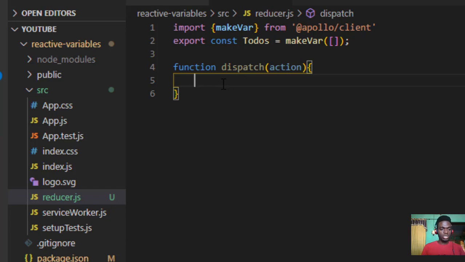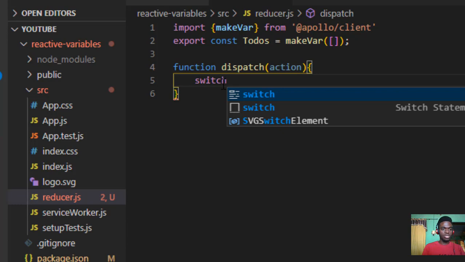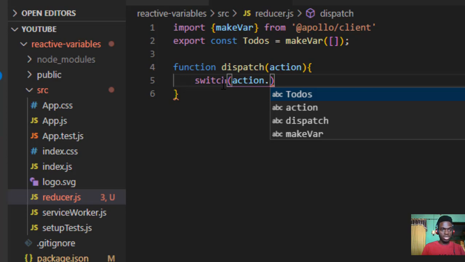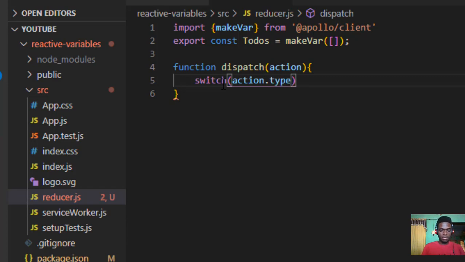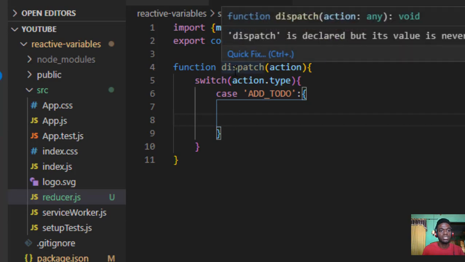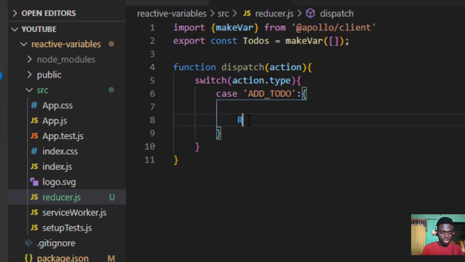Next, I'll make use of the switch statement to define various conditions of what would happen, and to make use of the action.type. Inside the action object, there will be a type property that I'll use to control the conditional flow of the switch statement. So the first one is add todo. If the type of the action passed into this dispatch function is add todo, I want to return